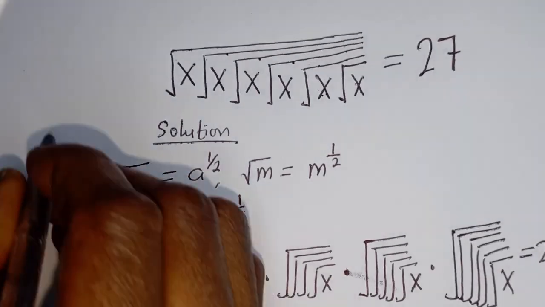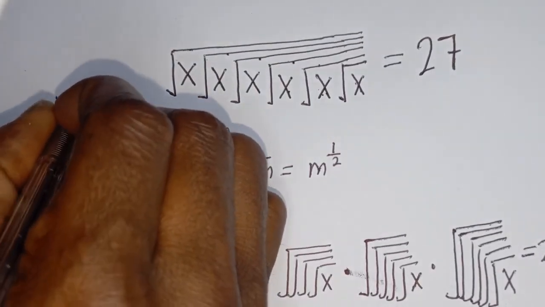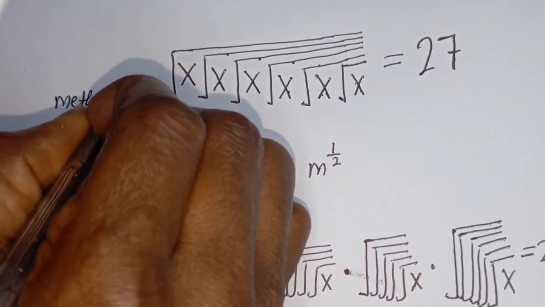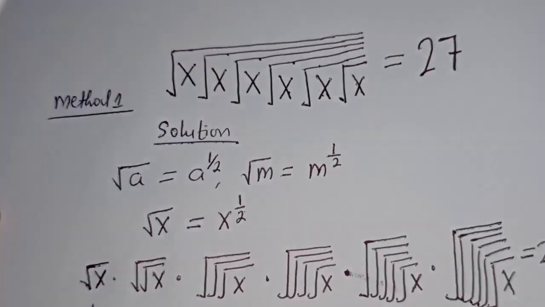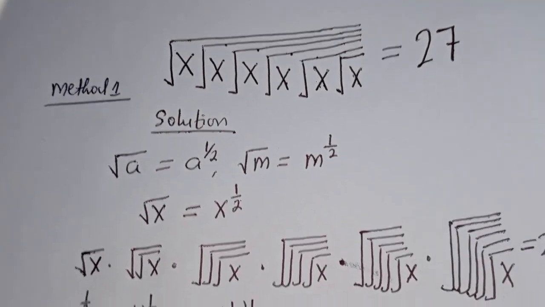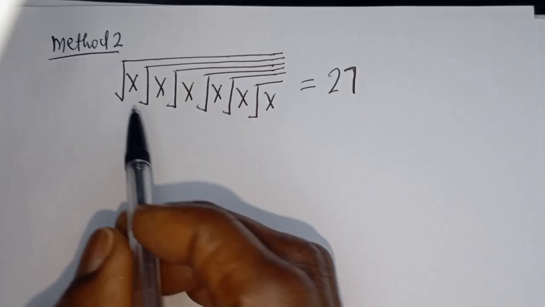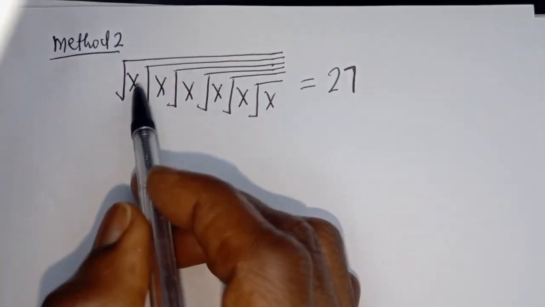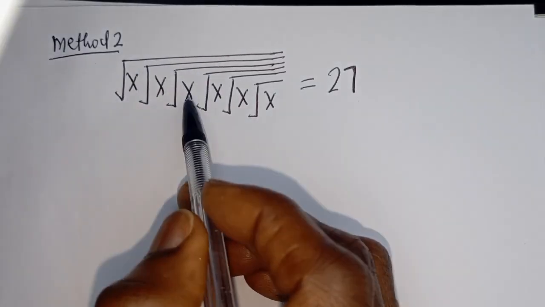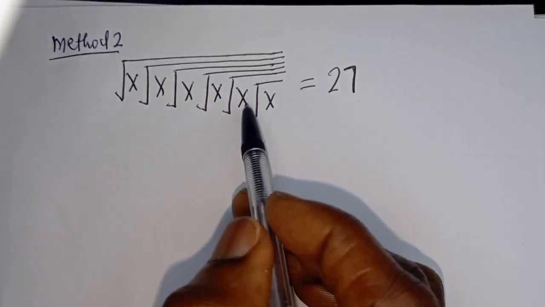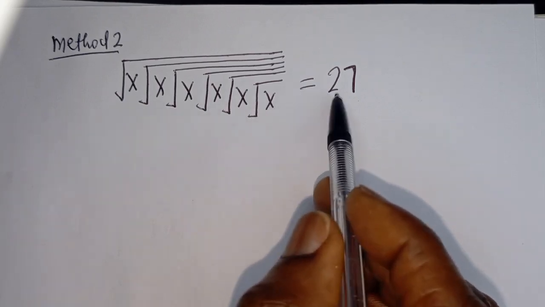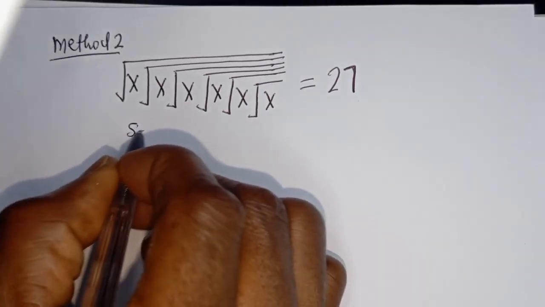Let's call this first method, method 1. Now let's consider the second method, called method 2. From the second method, we have square root of s, square root of s, square root of x, and square root of s, square root of x, and square root of x is equal to 27. Solution: